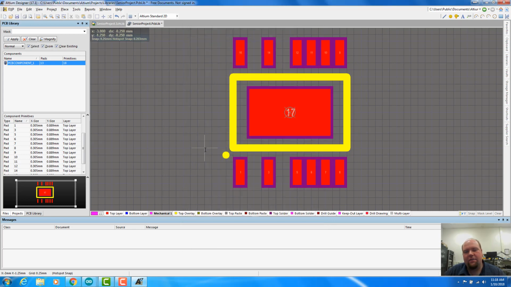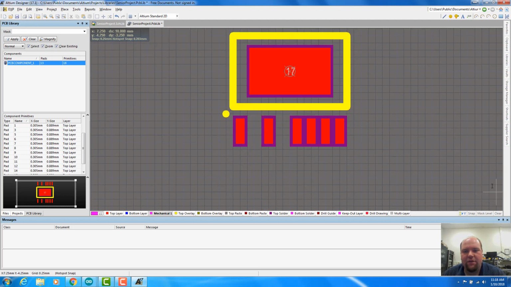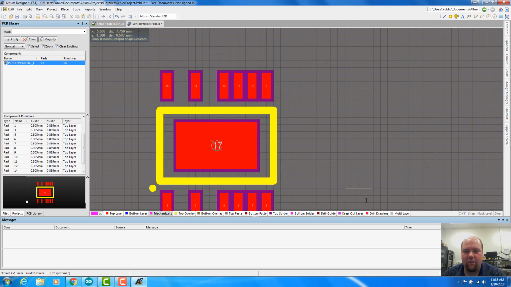So now it's going to ask us to basically, this is an extruded 3D body. So basically we defined the z-axis in the menu we just had open. Now we are going to define the x and y geometry of this. I usually like to place it off the part, right? The first thing I'm doing is I'm trying to find the geometry, so I'm going to just be looking at these x, y, and dx and dy coordinates up here, and I'll just place it somewhere off the side of